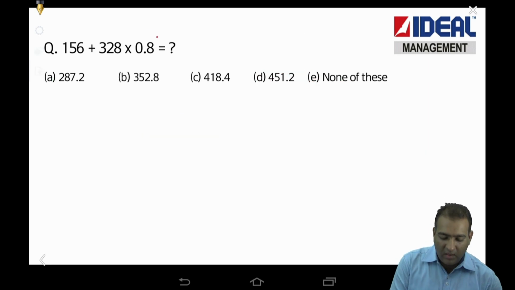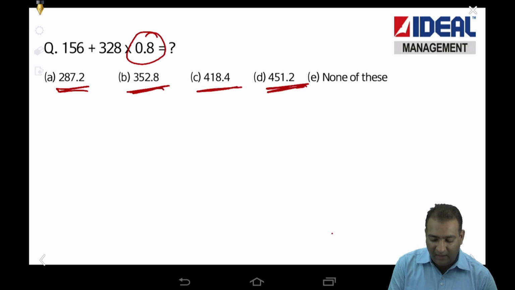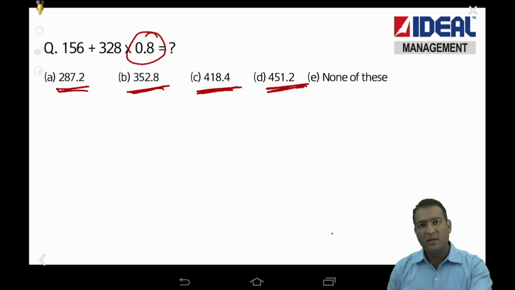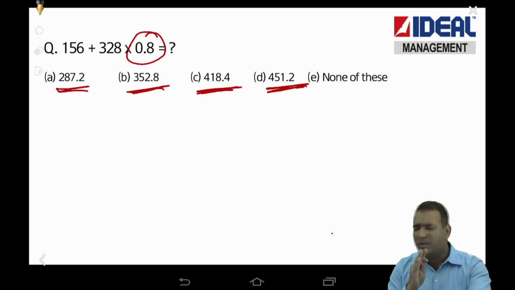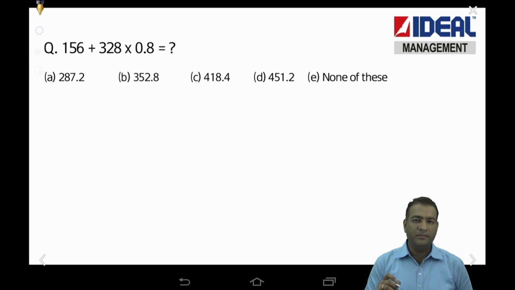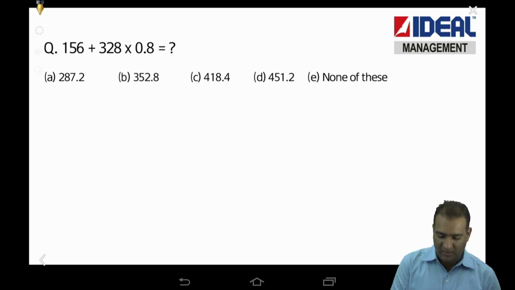So that's finished. Now again look at your options. Yes, I wouldn't say they are very far away, but they are still far enough apart that you can do some approximation. So the first shortcut: instead of multiplying by 0.8, let's reduce 20% from this. And trust me, that is much easier. Another thing, understand here, which is important. Let's see. So the second method which I want in this